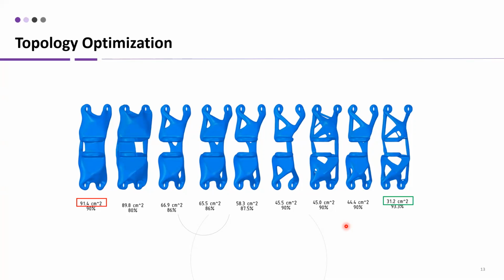It iterates over the design, and then it will give you a couple of design options which would still serve the purpose without failing, and at the same time reduce the material. Oh, okay. But once you get this design, it's always better to do a physical prototype and then test the design in a real world situation. Yeah, of course.